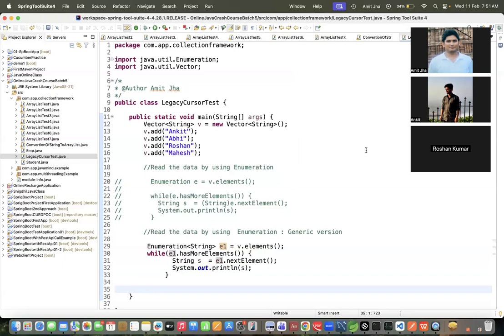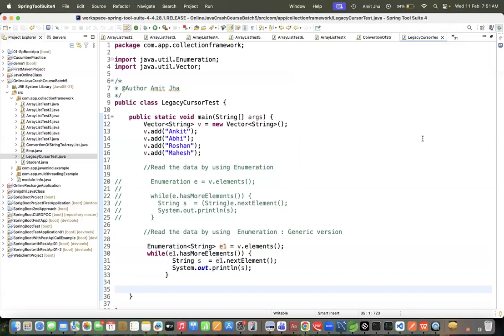If you do practice, then you will come to know. Otherwise, you will forget. Yes or no? 100%, 500% I'm telling you, you will forget if you do not do practice. If an interview asks, hey, can you write in front of me where you implemented this enumeration cursor and what it is, I hope my student will give the answer very confidently.